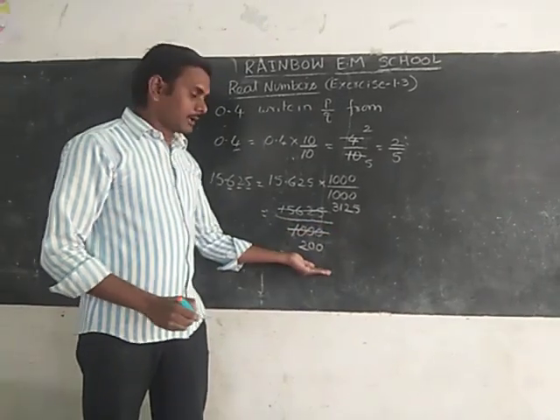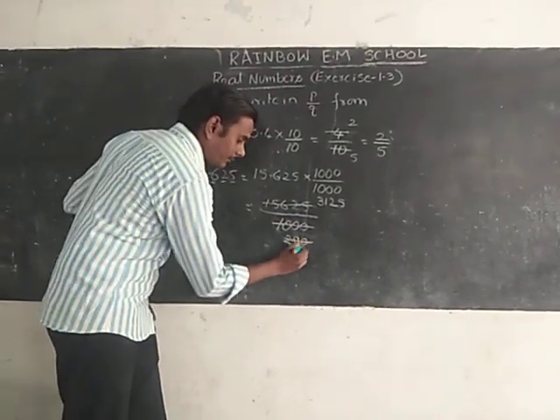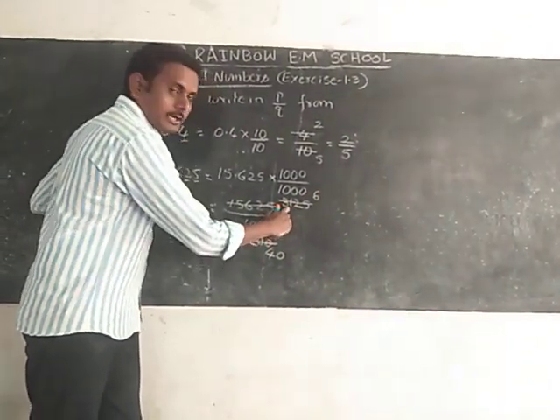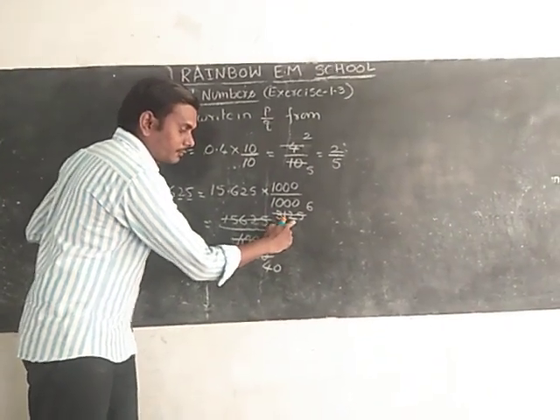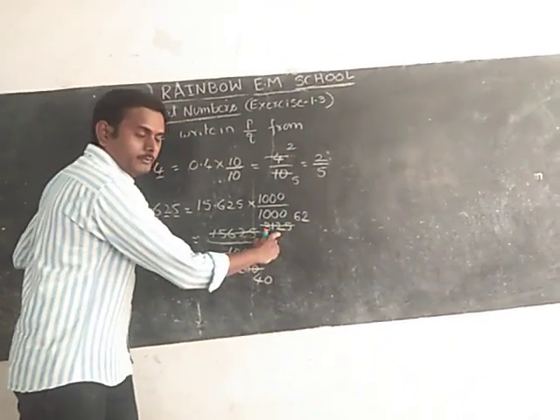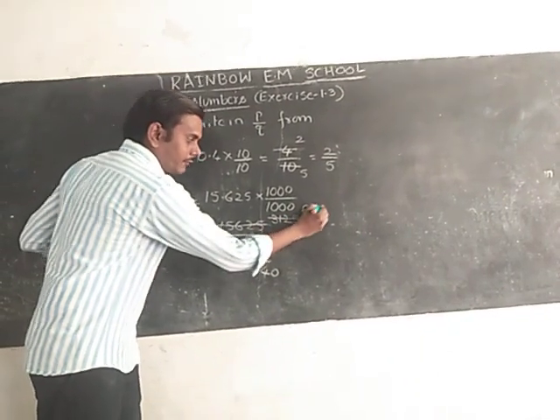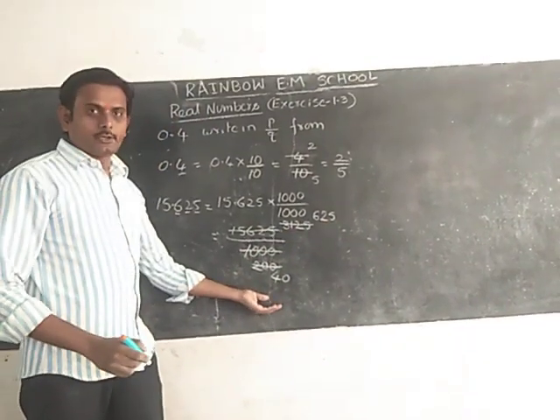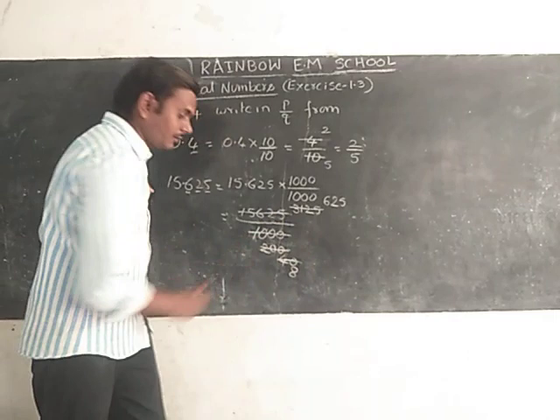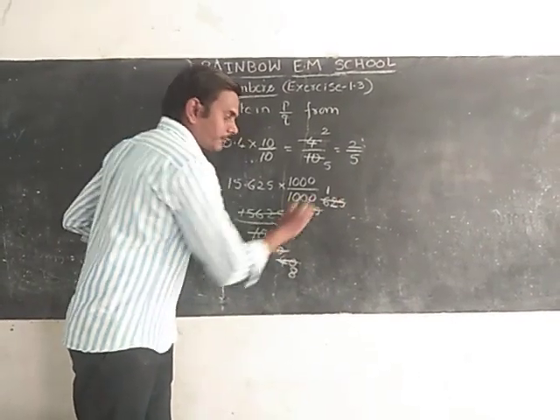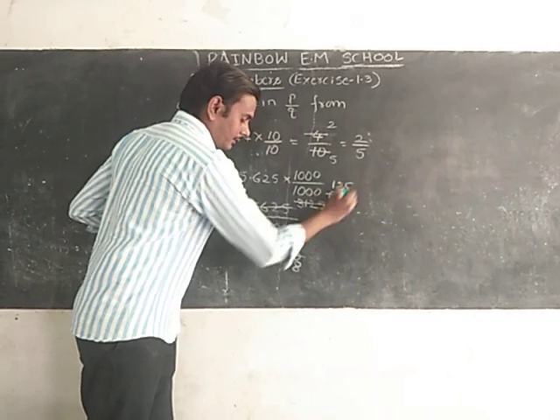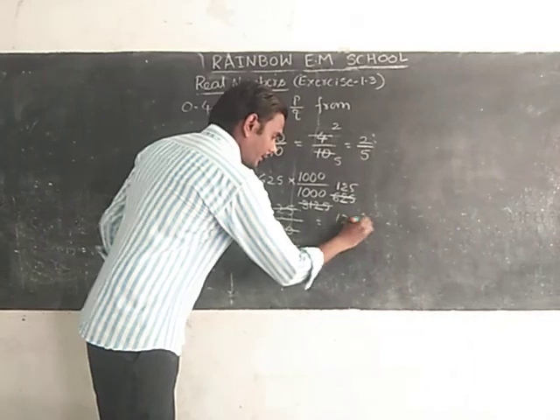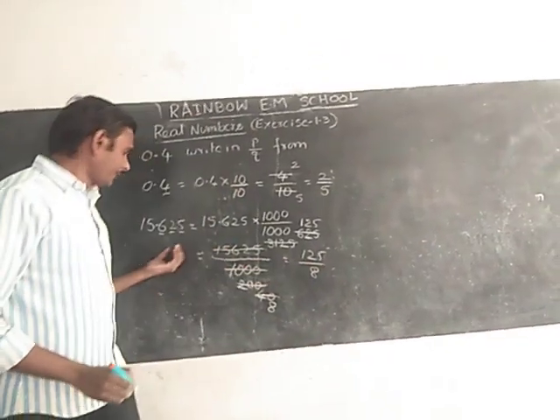Again we have to check whether it will divide. Again it will divide by 5. 5 6s are 30, 1 remainder, 12, 5 2s are 10, 2 remainder, take another digit, 5 5s are 25. Again it will be divided. 5 8s are 40, 5 1s are 5, 5 2s are 10, 5 5s are 25. Again it will divide. Now 125 by 8 cannot divide further. So 125 by 8 is the fraction form for this one.